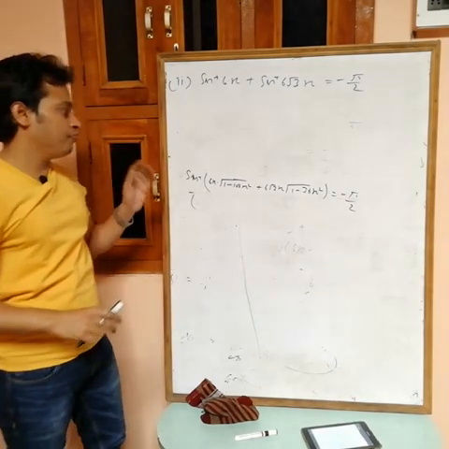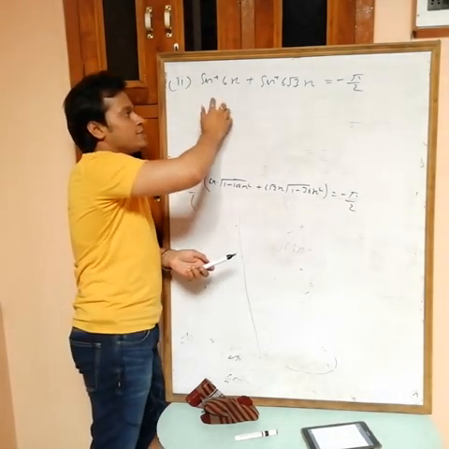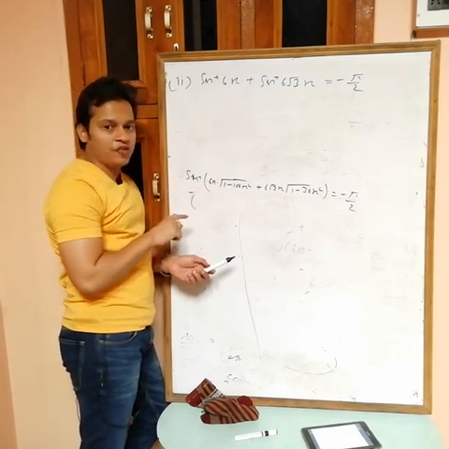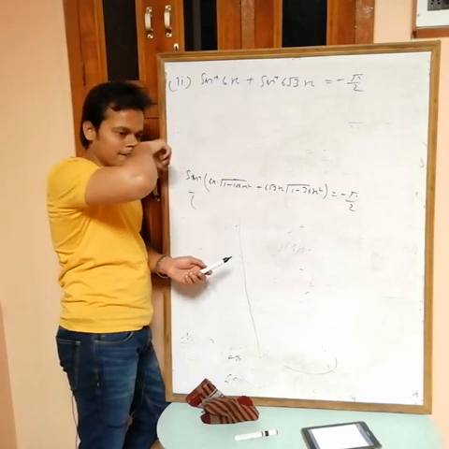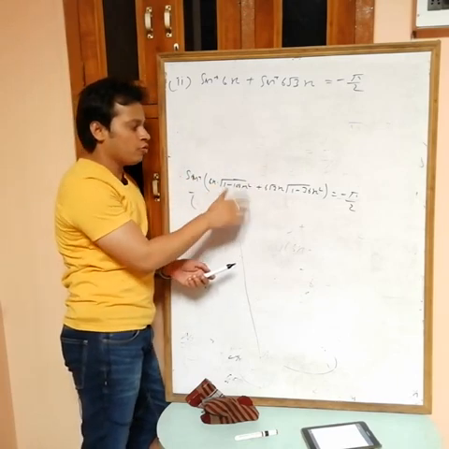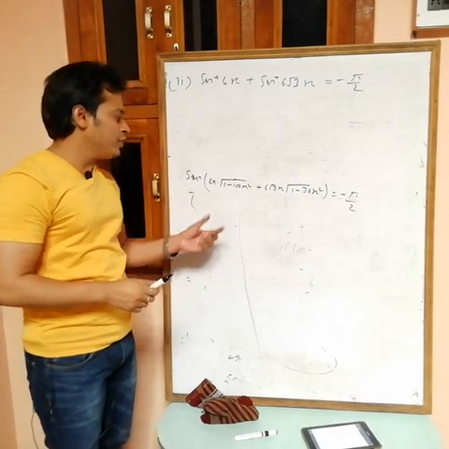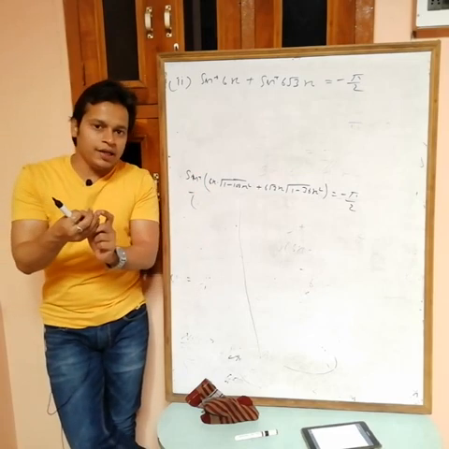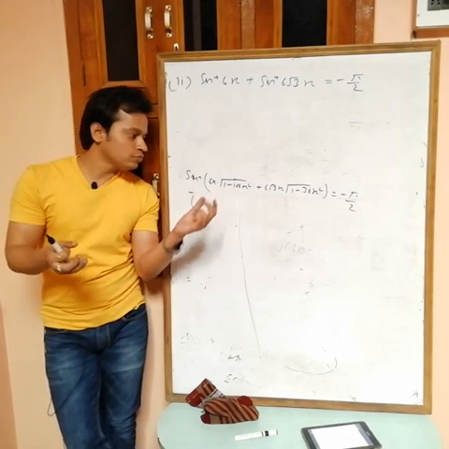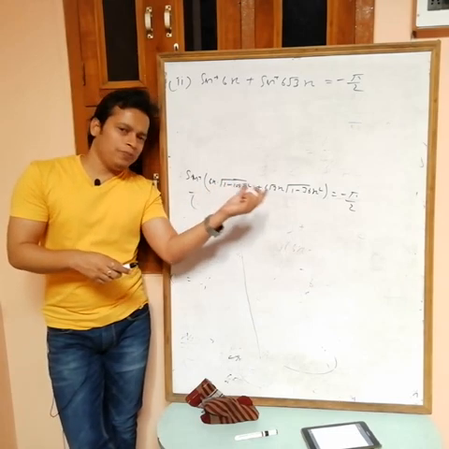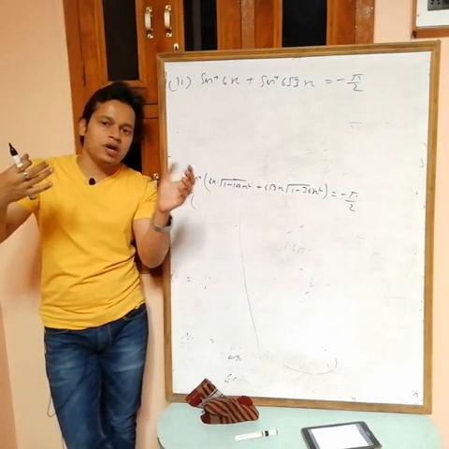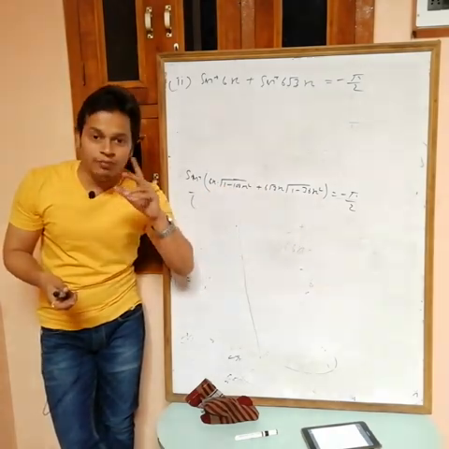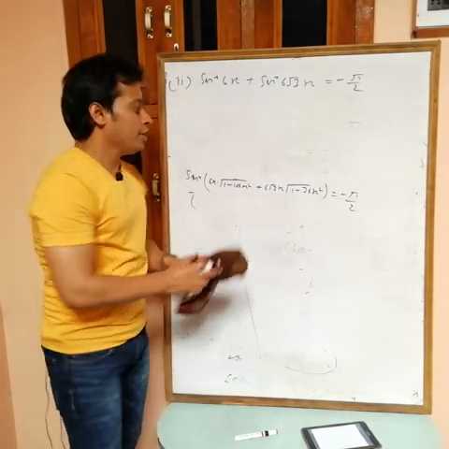But now we have a problem. If you use the formula as it is, sine inverse x plus sine inverse y, you will get it in this form. One thing is clear: to find x, first I have to take sine on this side. Sine of minus pi by 2 equals minus 1, but we have roots, so we have to take a square. But also, both roots are separated. If you take a square one time, you can't get values without root, because this is like root a plus root b. In both terms we have root, so if you take the square, you get a square plus b square plus 2ab. In 2ab you will get root again. So this becomes lengthy.